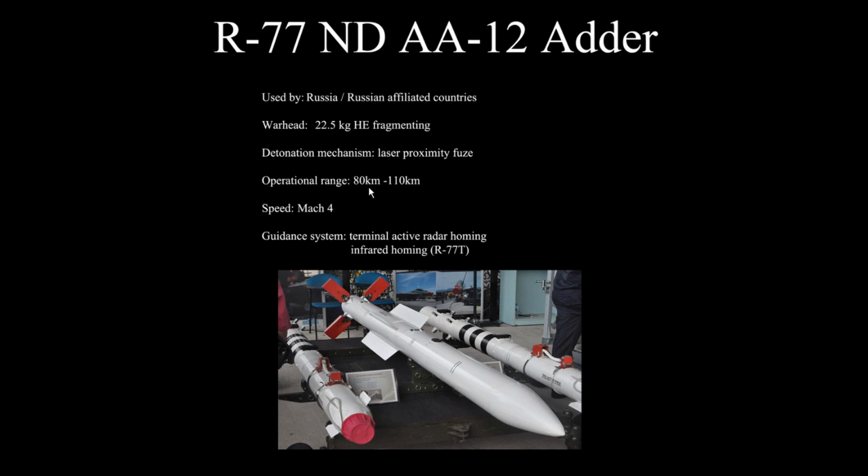Operational range of 80 to 110 kilometers, once again based on what variant you're using. Because it's a longer range missile, you're getting higher speeds of Mach 4. Guidance system, it's using terminal active radar homing or infrared homing. Now, the terminal active radar homing, as we talked about, is much like the AIM-120 Amraam, and also somewhat like